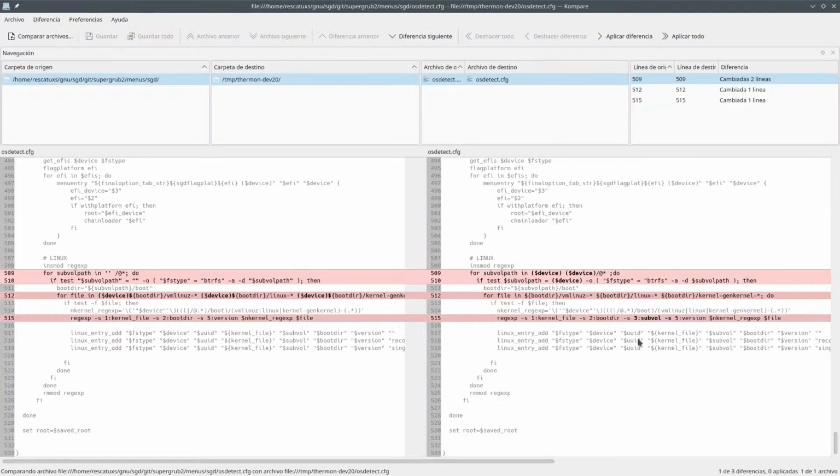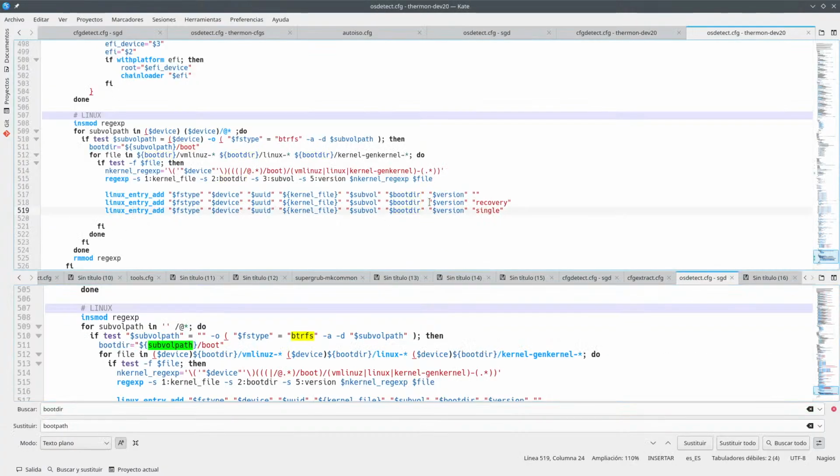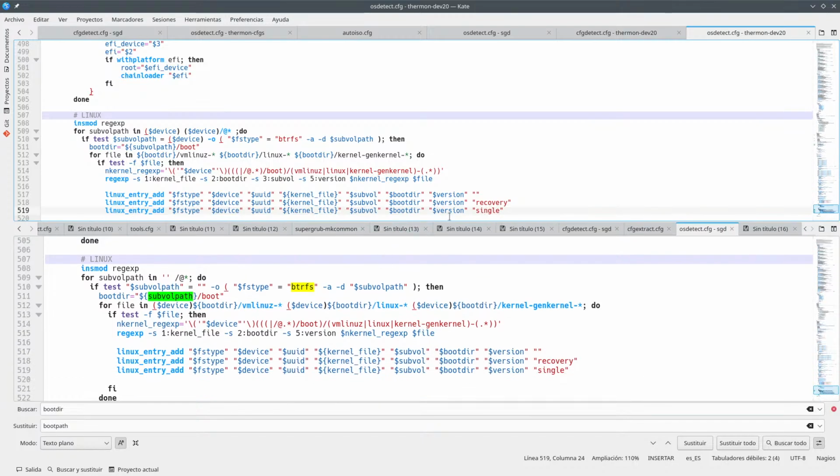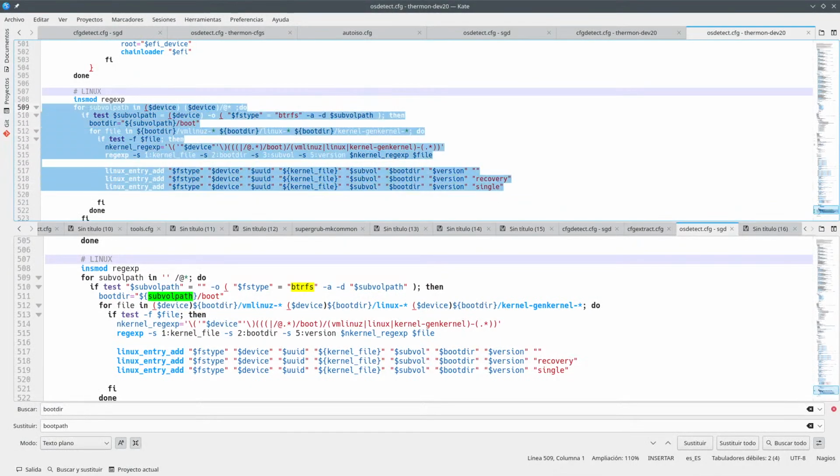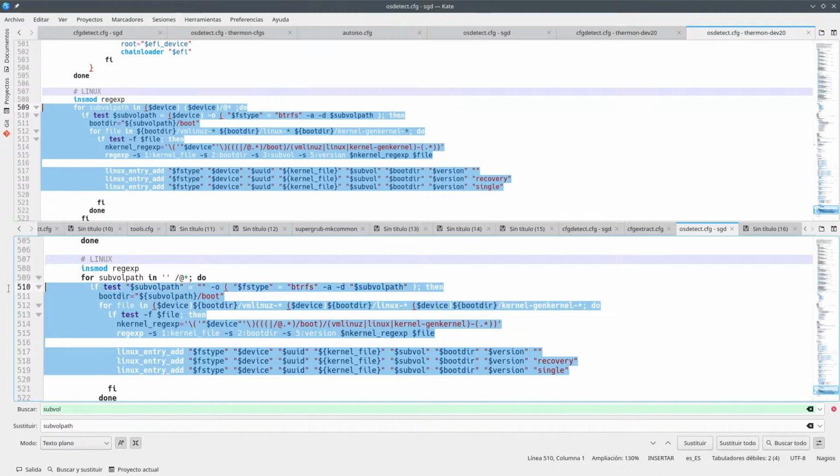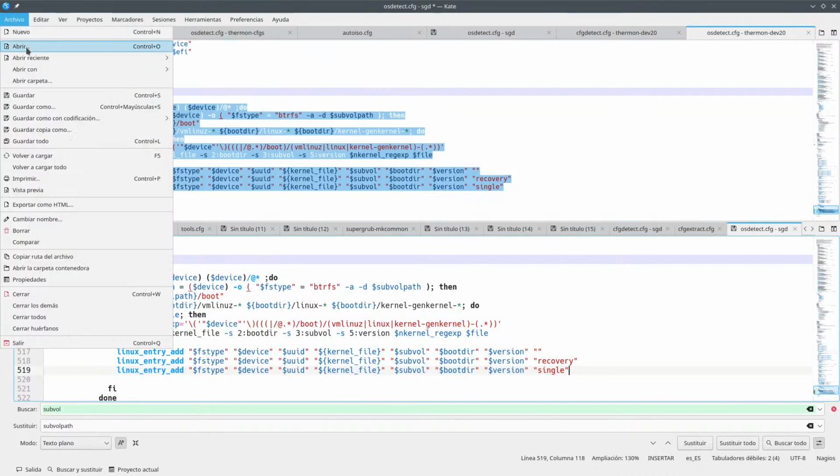So what you do, the other change is this subvol thing is using 3. So probably that is the right thing to do. Put here 3. I haven't changed this, so it probably is the right thing to do. Because before we had the subvol here, and now you have to take it somewhere. So we are going to say that this number 3 is okay. So now we can copy and paste whatever makes sense to us. So we can maybe copy all of this, and there should only be the changes that we have seen in the comparison. So I save all of this,